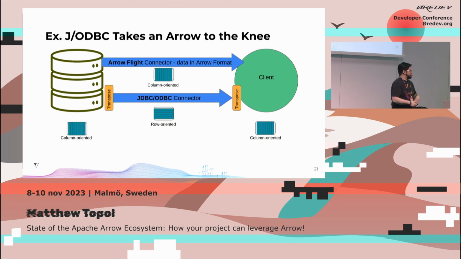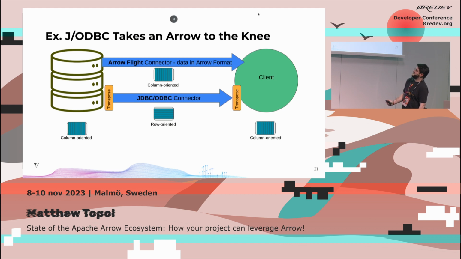There exist implemented drivers for JDBC and ODBC that use Arrow Flight SQL or Arrow Flight as the wire protocol. Now, the big reason why that happens is because increasingly more and more computation engines, database systems, and work is column-oriented because it's more performant. The vectorized stuff, everything I talked about earlier. But in the traditional use cases, you have your column-oriented data coming from the database, and then when you want to pass it across a JDBC or ODBC connector,